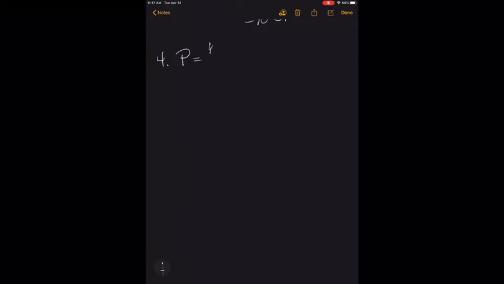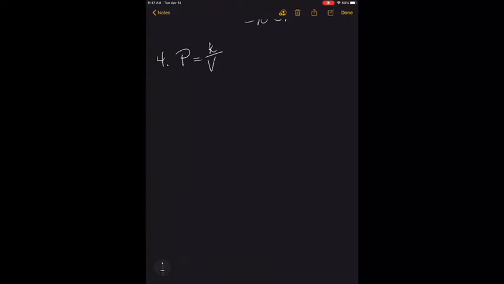It says the pressure of a perfect gas varies indirectly with the volume. So pressure varies indirectly with volume. Okay, let's see, if pressure is 7,